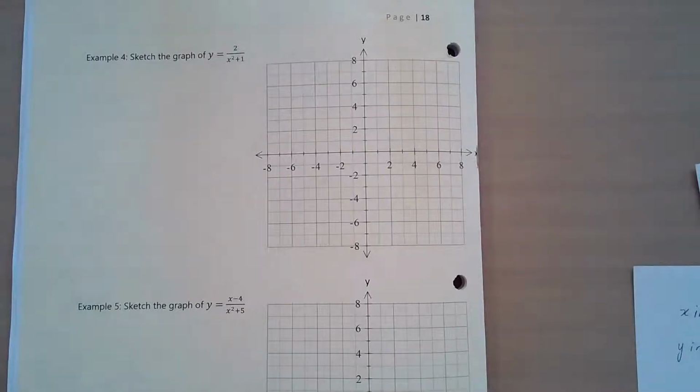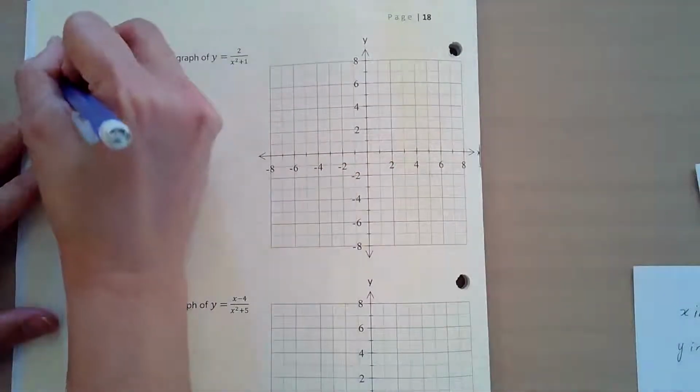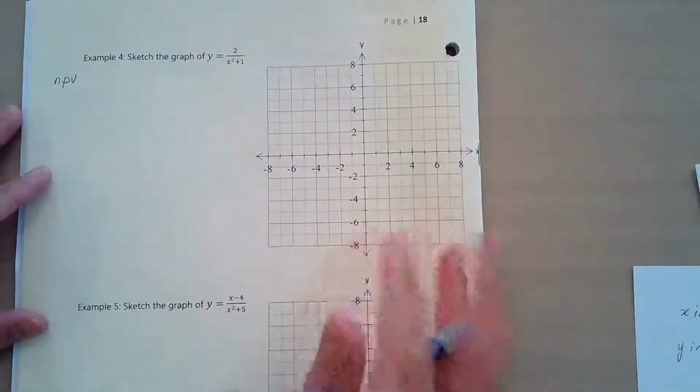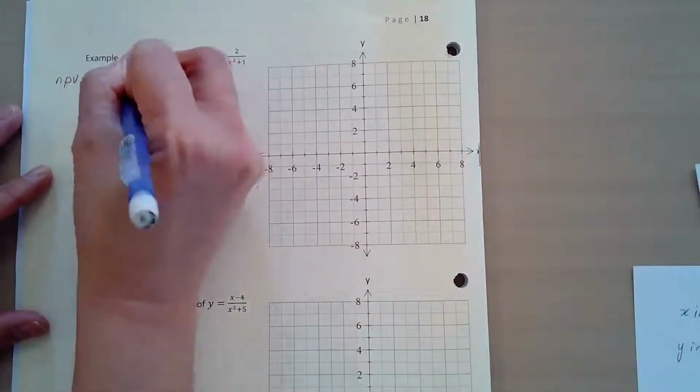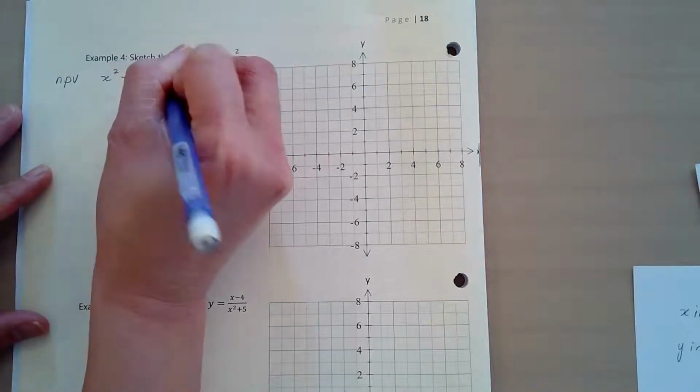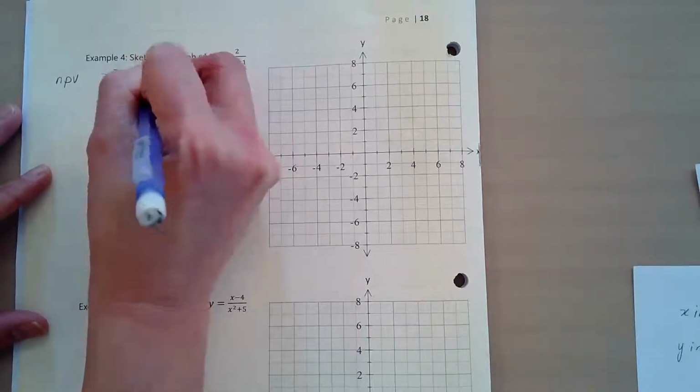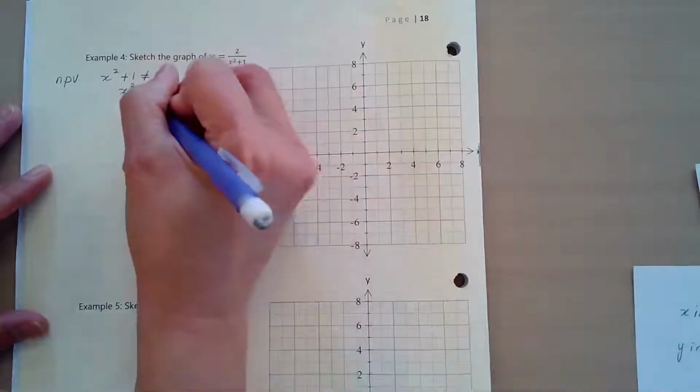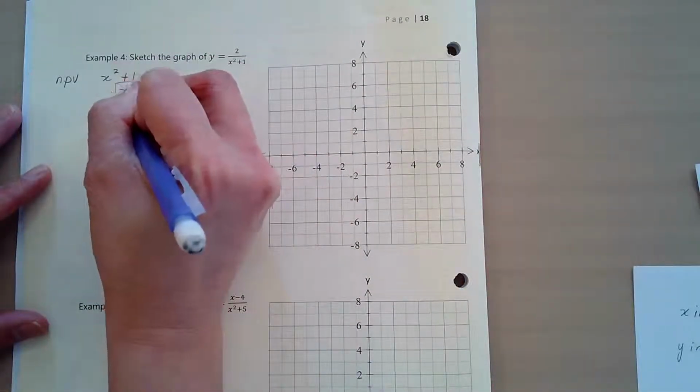If you look at that one, let's see. What can we say about this? Can we make the denominator 0? Okay, let's see, non-permissible values. What are the non-permissible values? So x squared plus 1 cannot equal 0, so I bring that over to the other side of the equation, so negative 1. And I'm supposed to take the square root, so x equals,